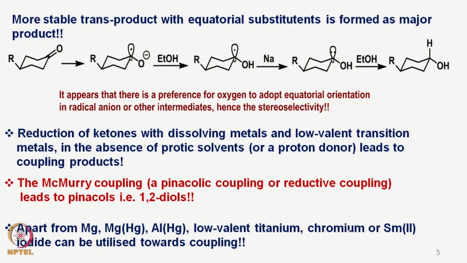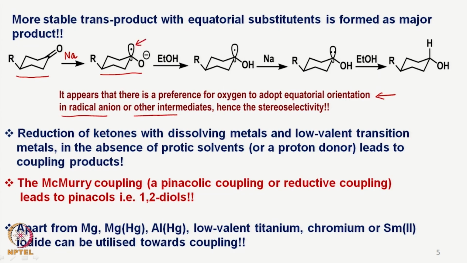So, why is it that the more stable trans product is formed? If we consider this cyclohexanone's conformation, when the radical anion is formed by the transfer of an electron from sodium, the preference of the oxygen is to adopt an equatorial orientation like this in the radical anion or other intermediates. That is because the